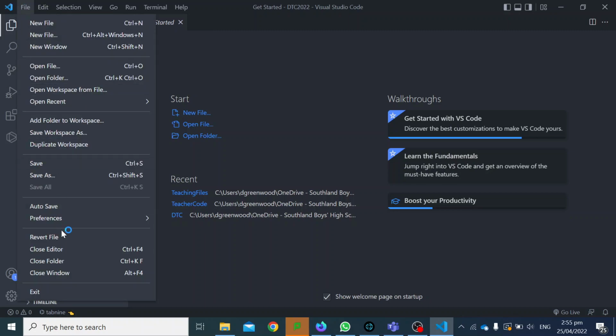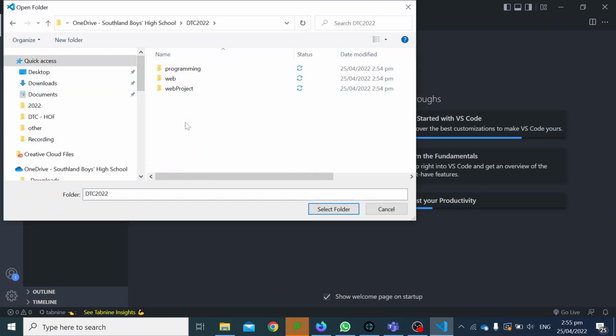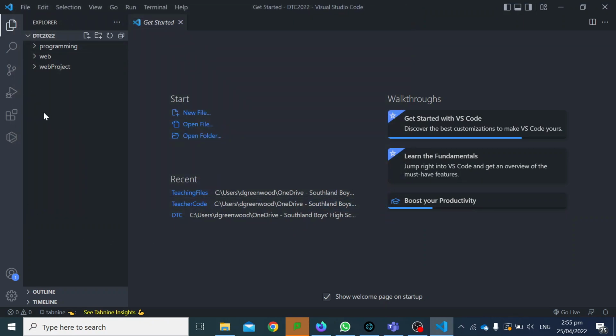So if we go File and go Open Folder, not File, but Folder, you can go in here and we want to click DTC 2022. That's where we got all this stuff, and we just select folder, grab the whole thing. We've got everything in there. Now from there,